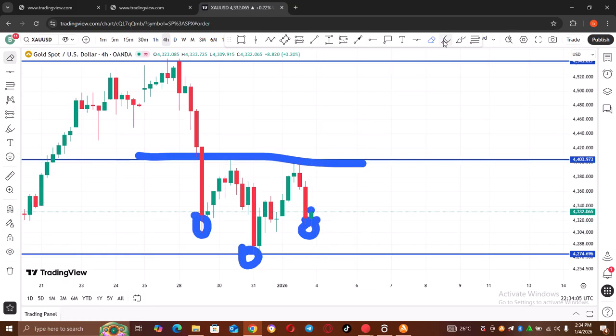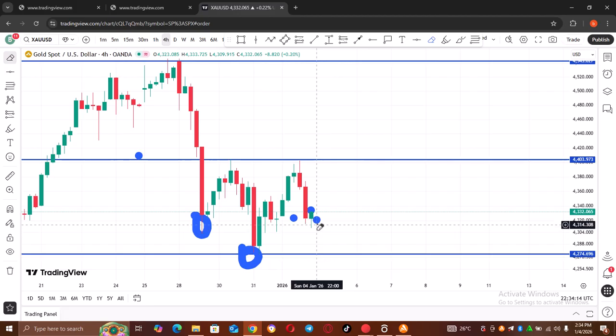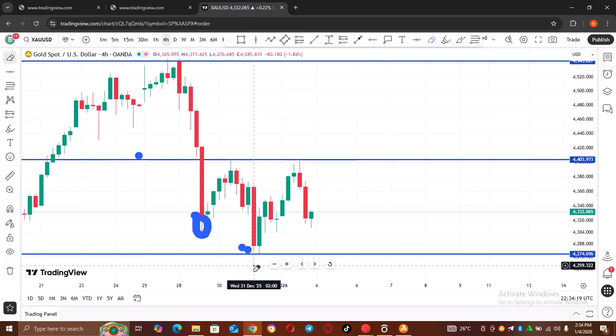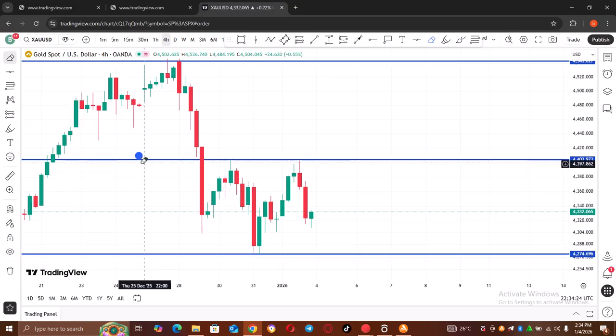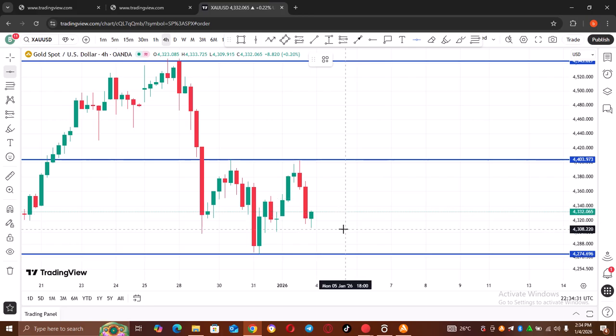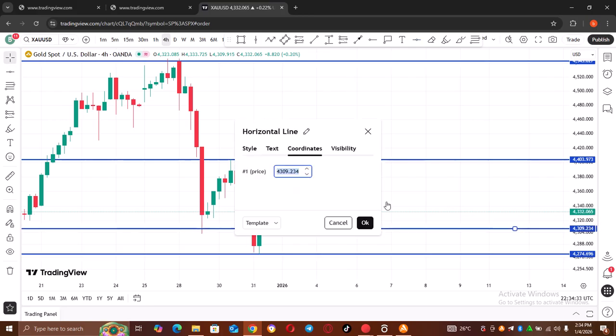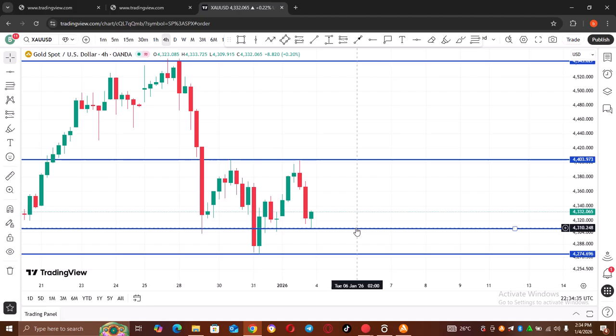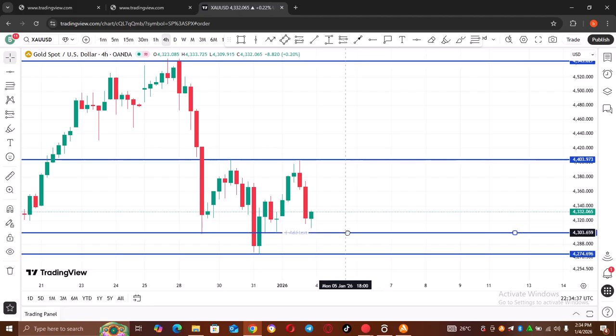Yeah, so now currently you can see where the current price is. So let's see how we can capitalize on this current price from here to the neckline before the market tries to break above the neckline. Let me remove all of this. So, trying to capitalize on it, we're going to mark it. So let's mark the low,